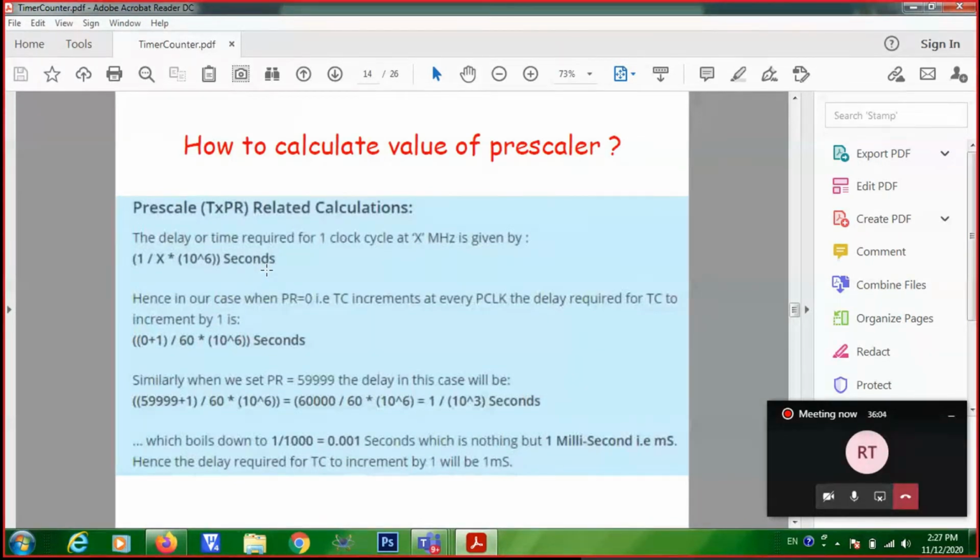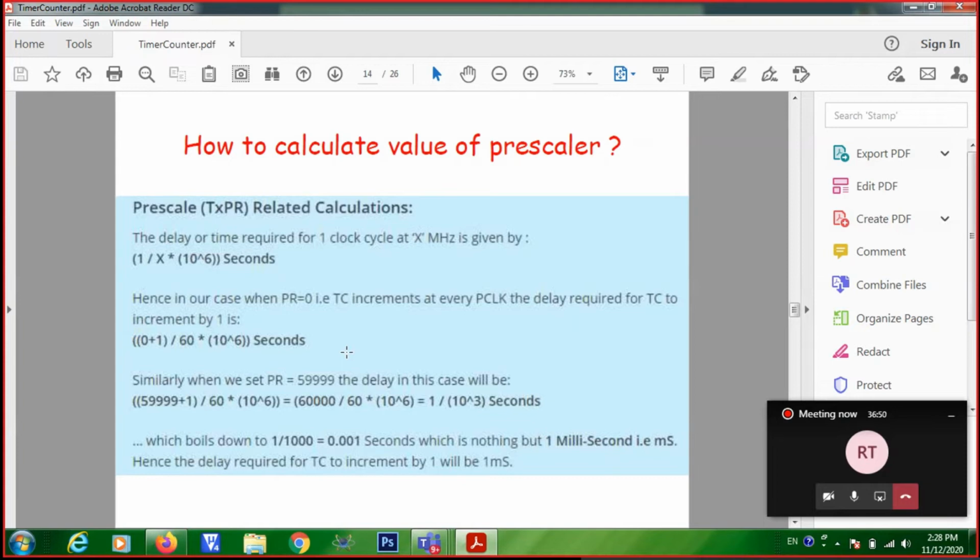But here you are incorporating one more factor known as the prescaler. So when you are adding the prescaler into this time period, how will it be done? Prescaler counter into 1 by 60 megahertz, because the prescaler counter is also being incorporated, right? That will be the total time taken for one cycle.